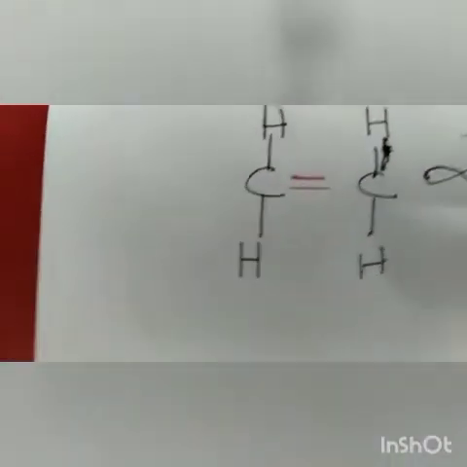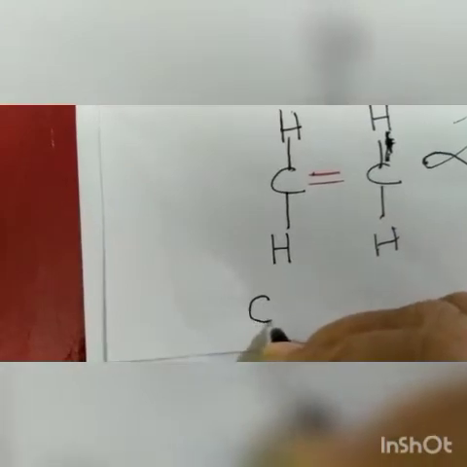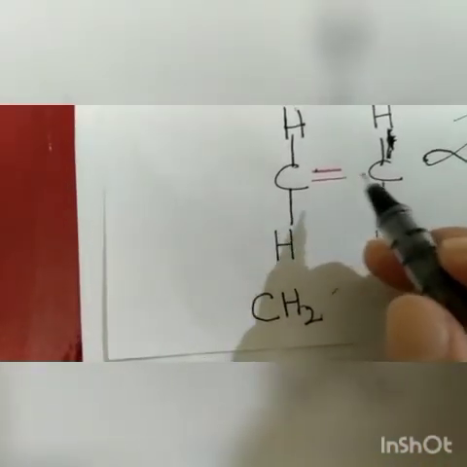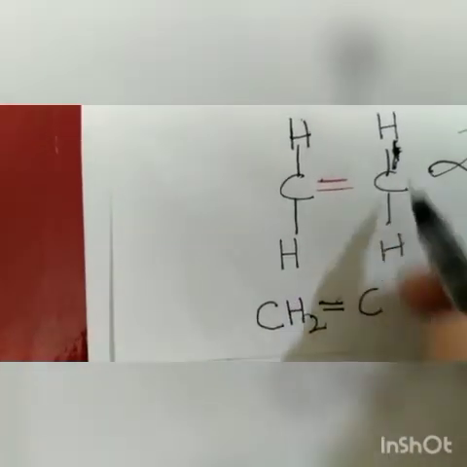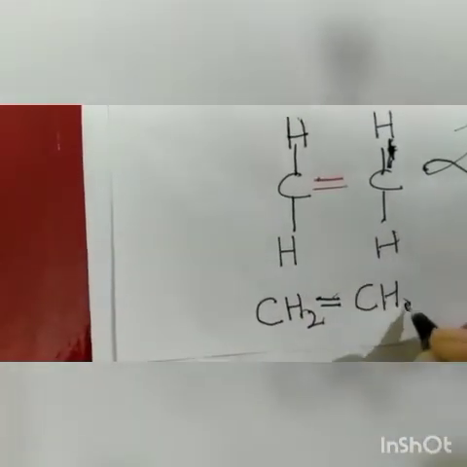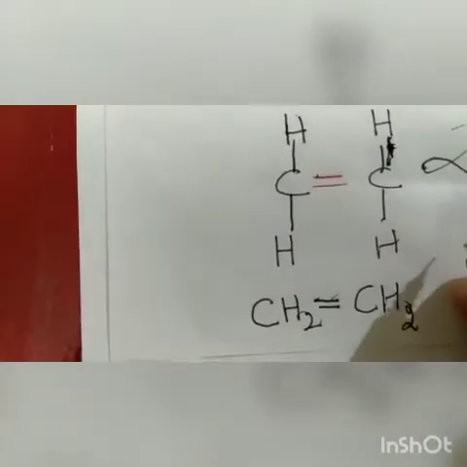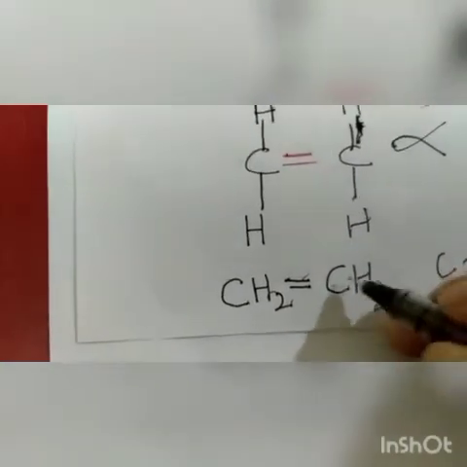Now there is another way to write it in a shorter form. This is carbon atom 1, write here C. With this carbon atom, how many hydrogens are there? 2, write 2. And this carbon atom is forming a double bond with the other carbon atom, write the double bond. This carbon atom, how many hydrogens are there with this carbon atom? 2. So you can also write the structure of ethene like this. Understood? And if you write again in a more shortened form, how many carbons are there? 2. So it will be C2. How many hydrogens?